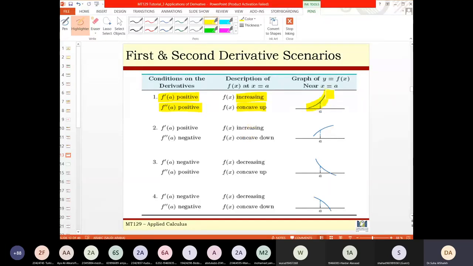It looks like this. ولو قلت إن f dash positive و f double dash negative يعني increasing لكن concave down. And so on. We go with the points. Is it clear now? وضحت؟